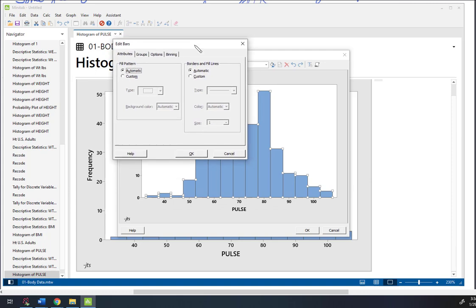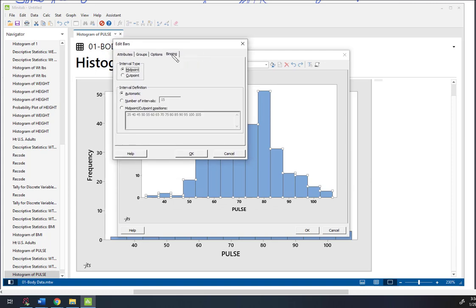And what I want to do is play with the binning, because I'm talking about how wide I want the bins. I want to change that. I'm going to stick with midpoint, and I'm going to specify the midpoints here, which will determine how wide. I'm going to take all this stuff out. Now, if I want these to be 2 wide, then I might have one of my midpoints at